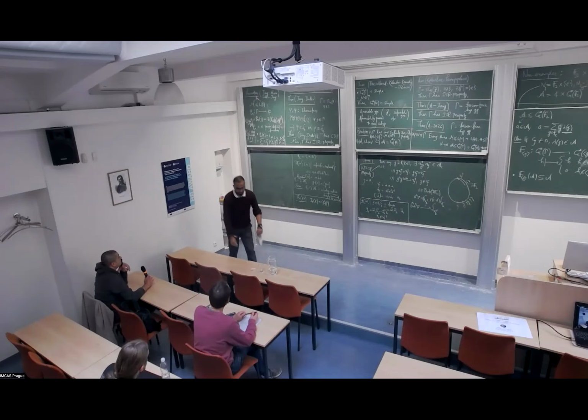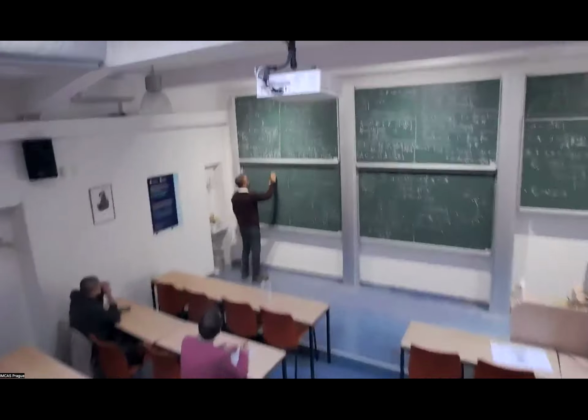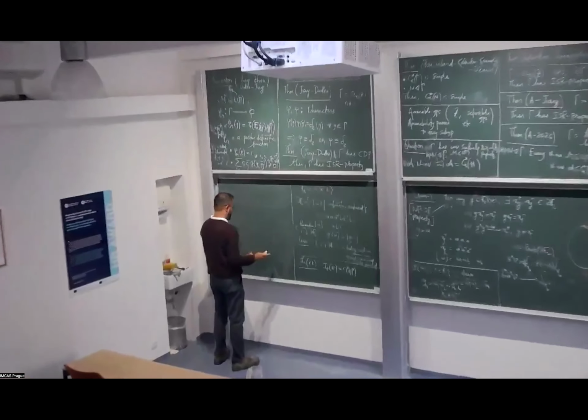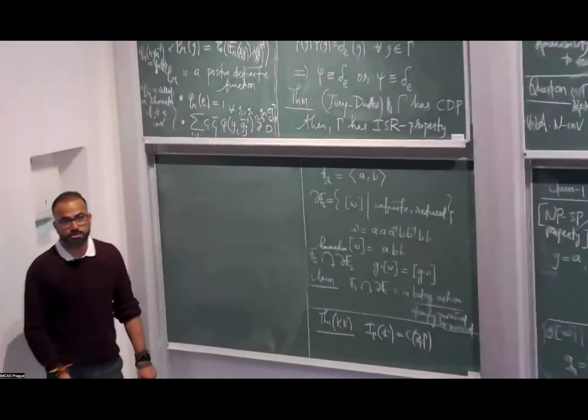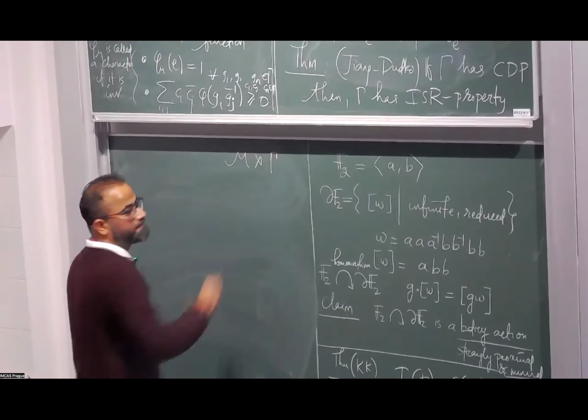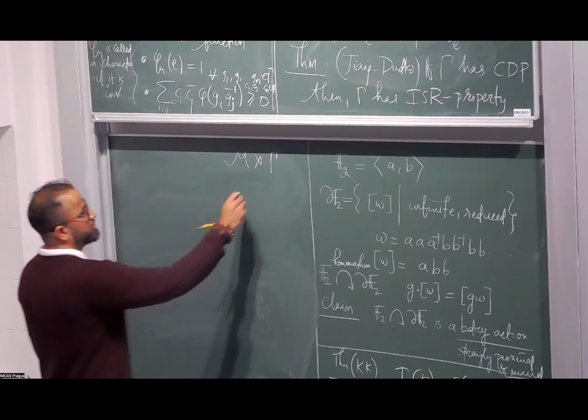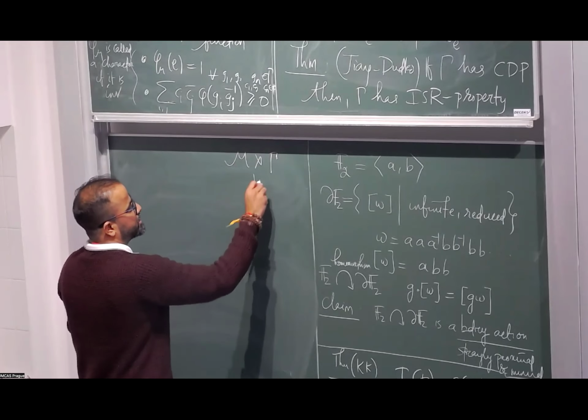Here is a question which we do not know an answer to, and it has never been studied before. Consider C-star or von Neumann, it doesn't matter. So say you have M cross gamma, and you can even look at tracial von Neumann algebras with the cross product, and you have the canonical conditional expectation here